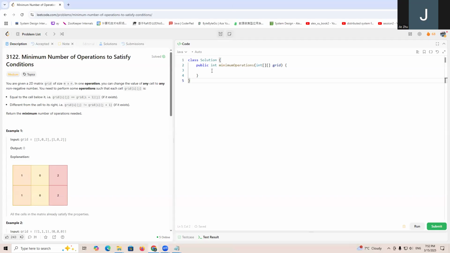Let's talk about LeetCode 3122, Minimal Number of Operations to Satisfy Conditions. It gives us a two-dimensional array grid. And